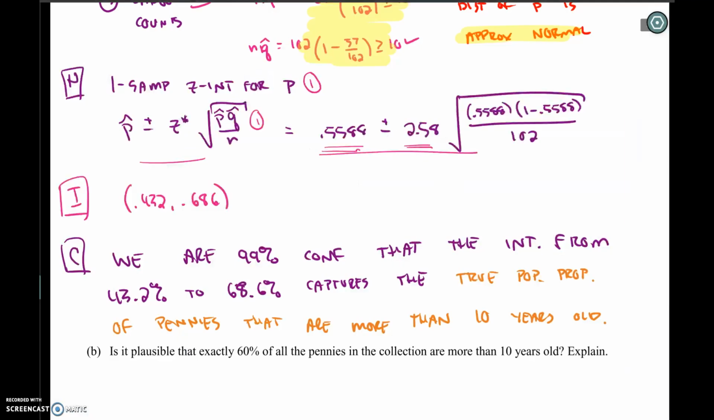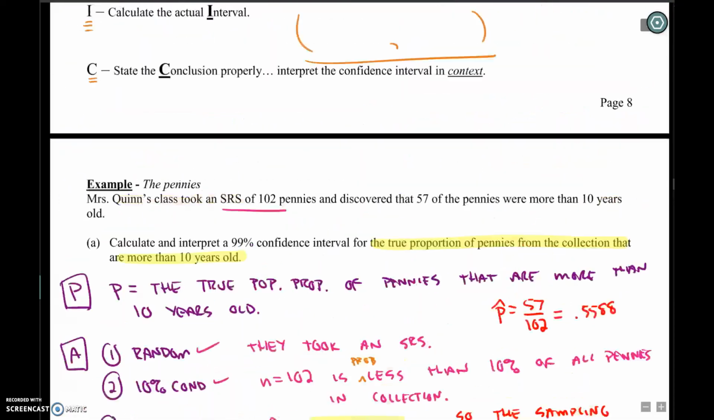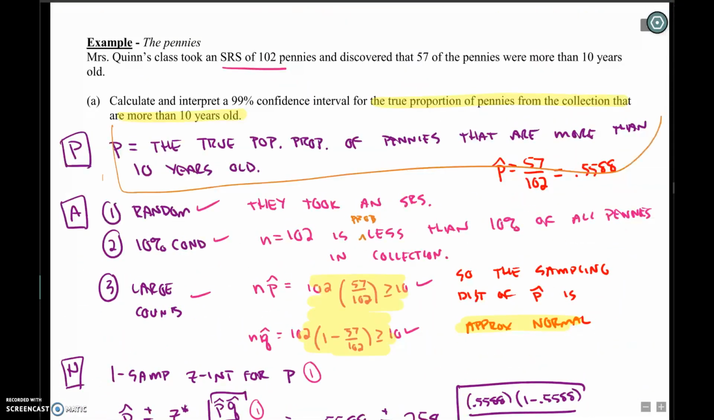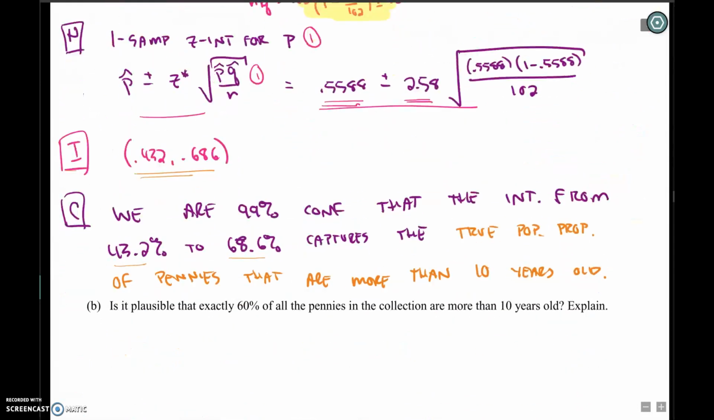So that's actually the I step, the actual calculation of the interval. Feel free to pause it. I'm sorry about this. So my interval is from there to there, and then the conclusion is simply, we are 99% confident that the interval from 43.2 to 68.6 captures the, and then you're just going to put down your proportion statement right there. That's how we construct our